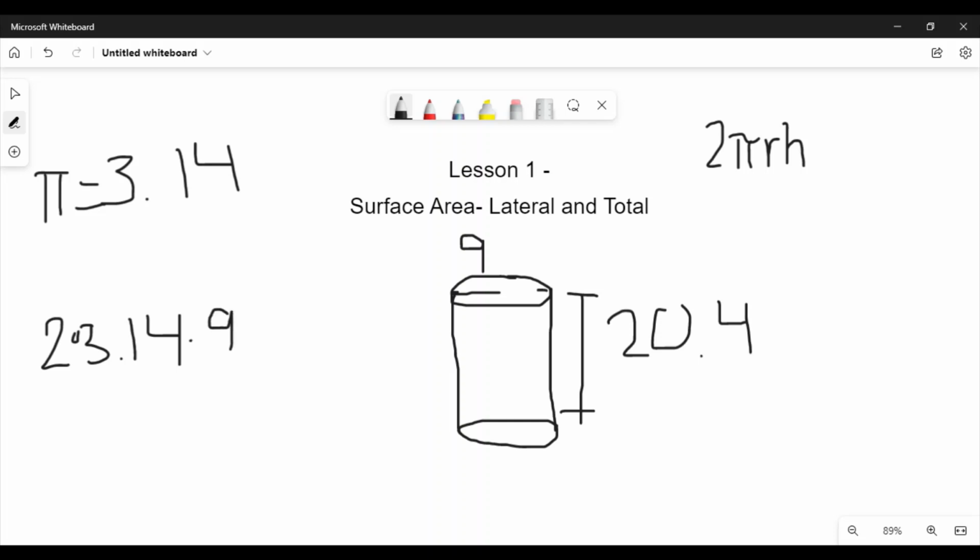So 2 times 3.14 times 9 times the height, which is 20.4. And when you put that in your calculator, 2 times 3.14 times 9 times 20.4, you should get